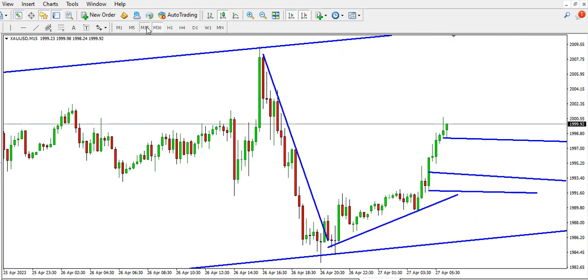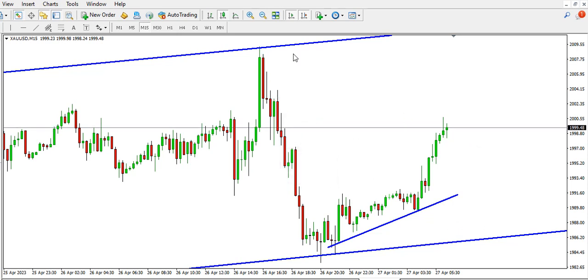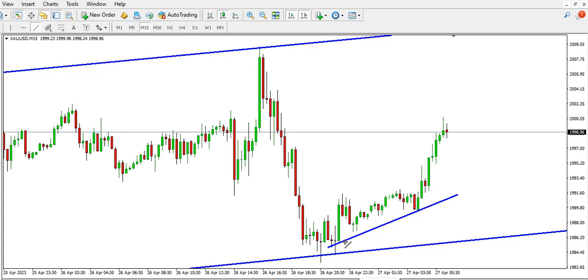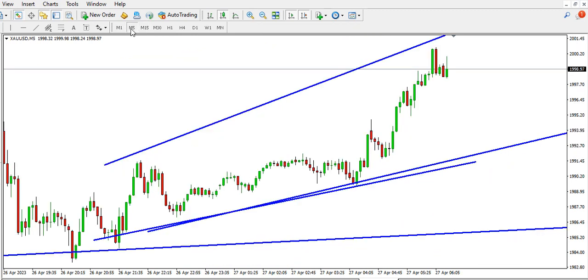Then on the 15 minutes time frame, let's look at what's happening. On the 15 minutes time frame, you can see the buyers are still active. More green candles are on this stretch. You can see more green candles on this stretch. Okay, more green candles. All right, so let's see what happens on the 5 minutes time frame. The 5 minutes time frame shows that price is